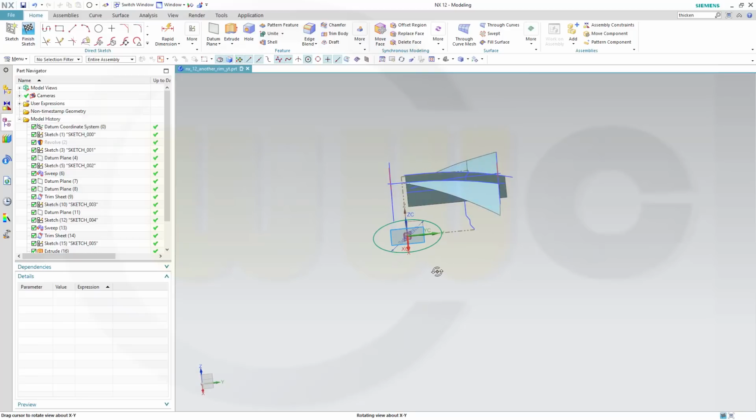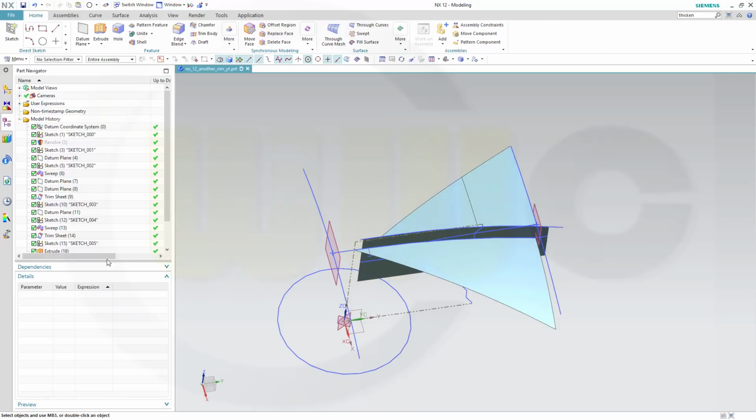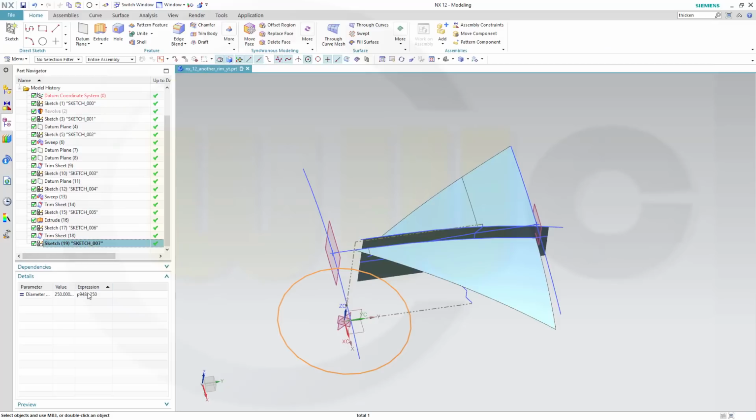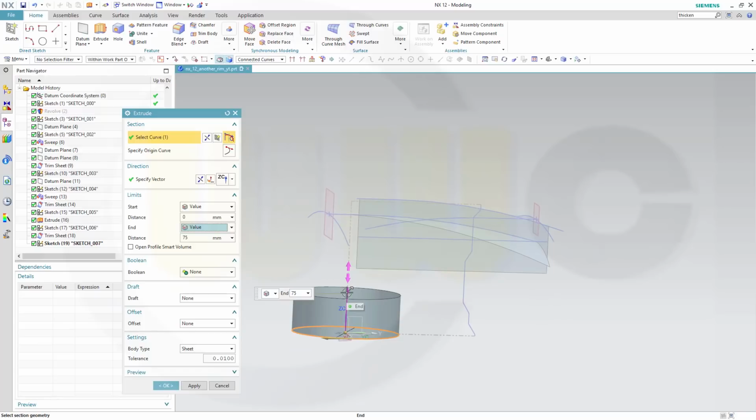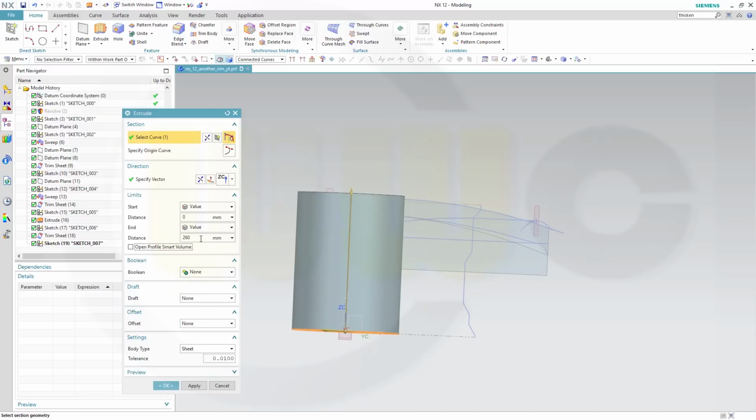Oh, that's too much. I could finish that sketch and adjust this. Let's say this is 200. Now make an extrude. Make it a sheet. Make it only in one direction. And let's see, 260, or let's say 300. Okay, and